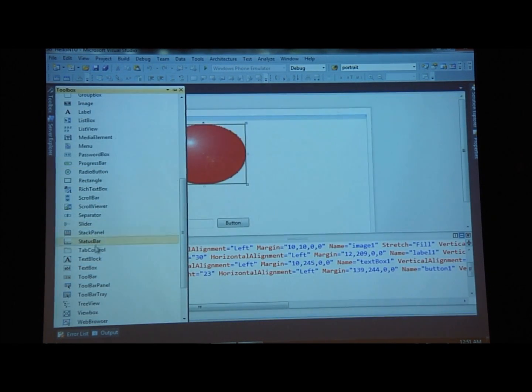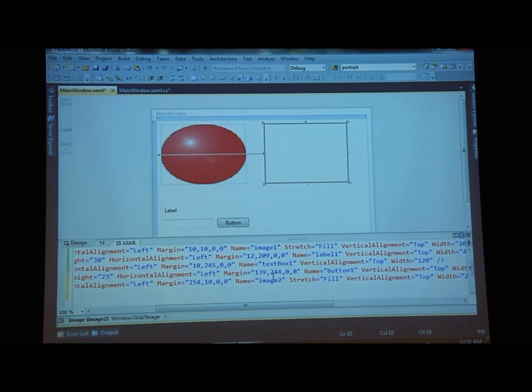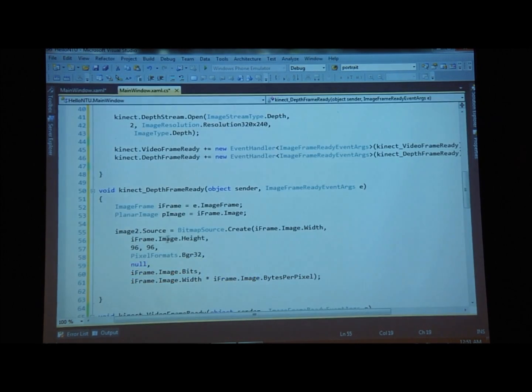And I come in here and drop another image. Where's image? There it is. Okay, I have this other image. So this right here is image2, right? If you look at the source code, here's image2, right? So this is image2. So I now can say image2.source equals bitmap source.create